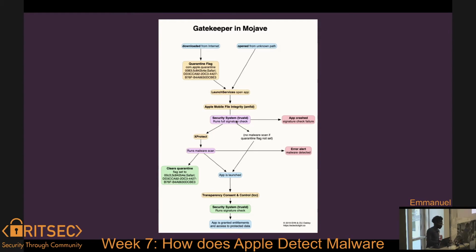But if everything is good, it then checks with XProtect, which is my favorite part, because it just runs against the YARA rules. And again, if it's not malware, it clears that flag, and everything is good to go. And then you just go back to running the application the way it's intended to.